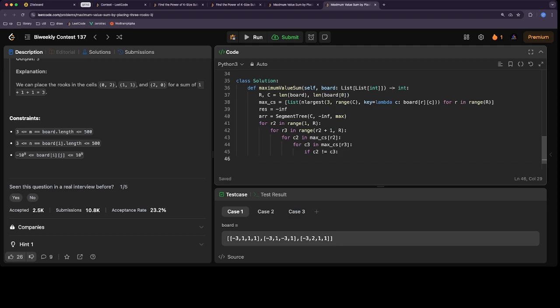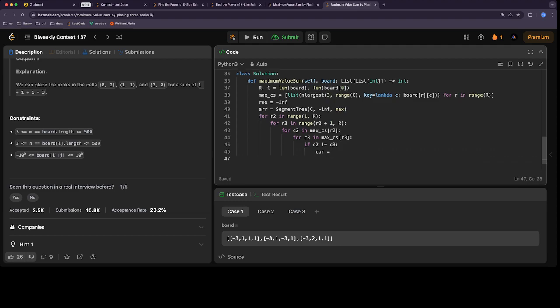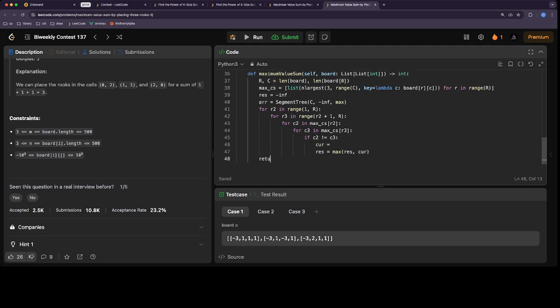And so now we're gonna have the current value. The current value is going to be board of R2, C2, R3, C3, so this is the value of rook 2 and rook 3, and now for rook 1 we're gonna